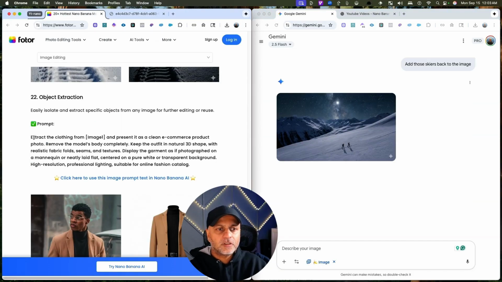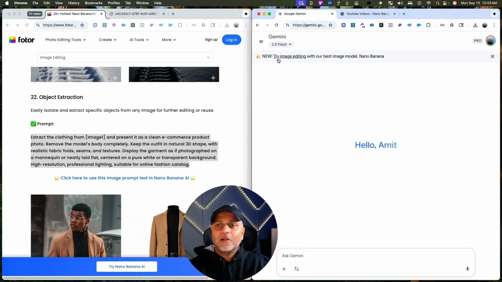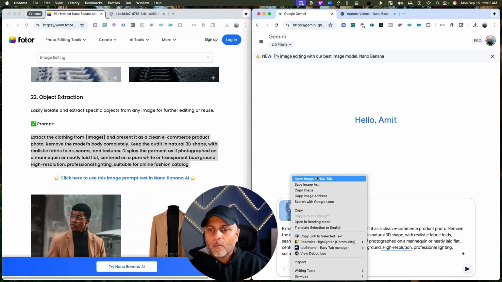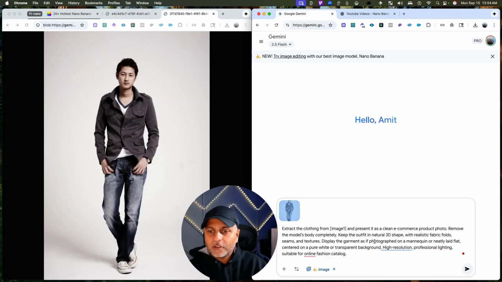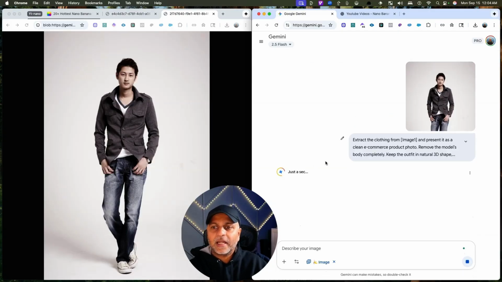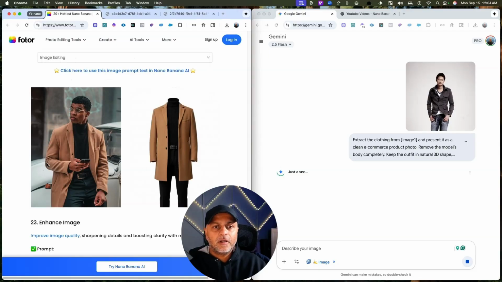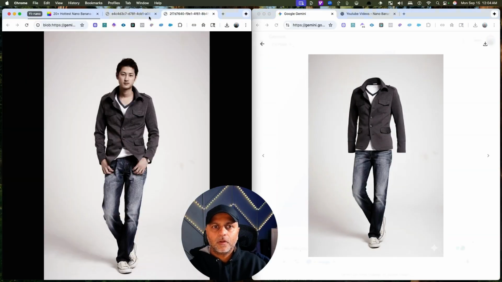All right, next one is object extraction, and this is super powerful if you see an object and you're like, okay, this can be a great image for my e-commerce store. So for this, what we're doing is uploading this model's image and asking Gemini to extract all of the things from that model and just display it as an image without the person in it to give it a similar effect as this one right here. And here we go. This was our original image on the left, and then here it is updated